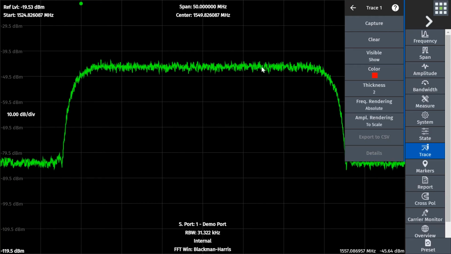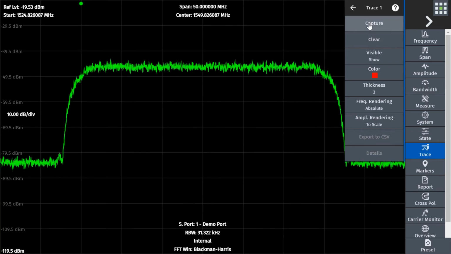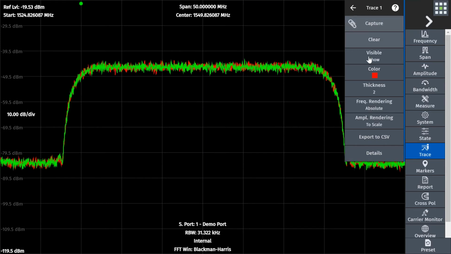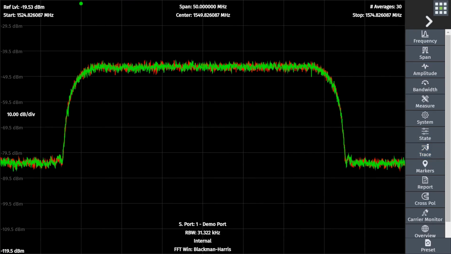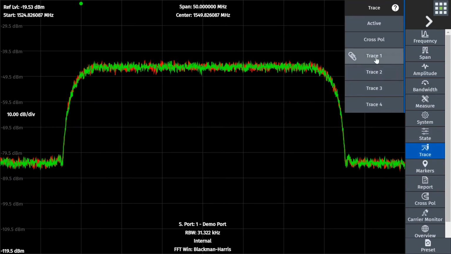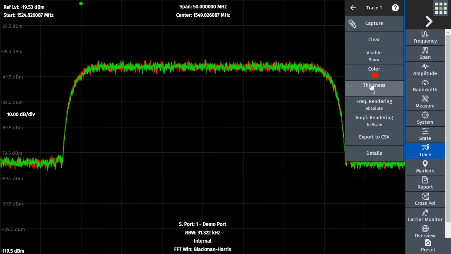So, if you're interested in capturing a moment in time effectively, if I captured this, you can see in the background a red trace. So that's a reference trace. You can store that and export that to CSV if you want to include that in, say, an Excel spreadsheet or something like that. You can do that easily enough, and also store it to recall it later